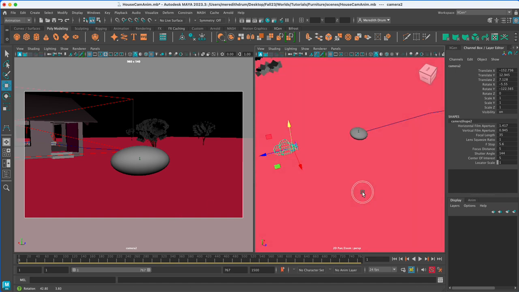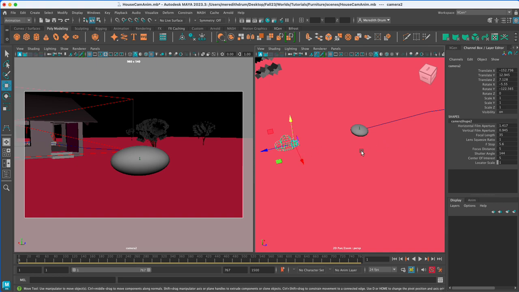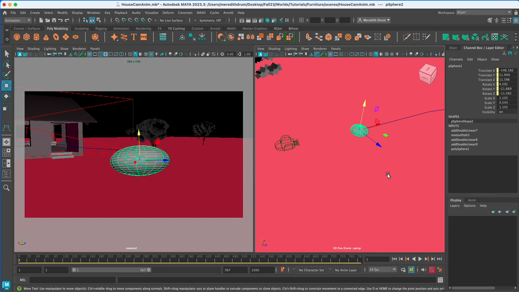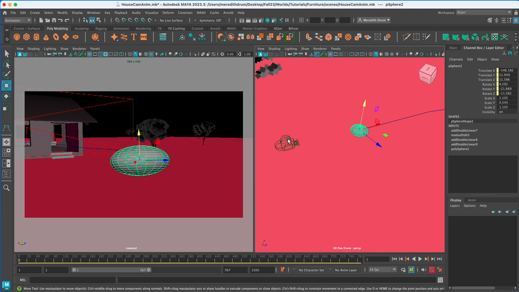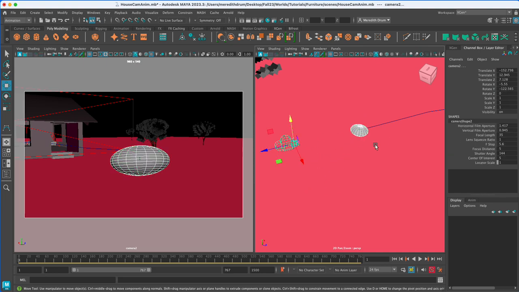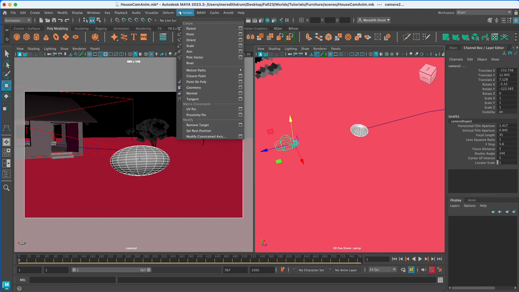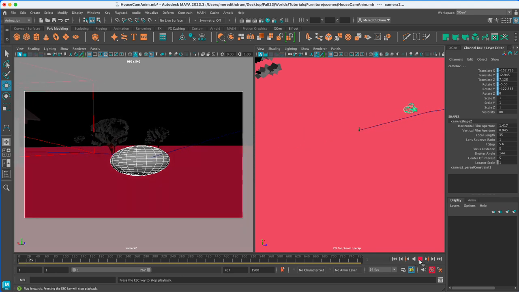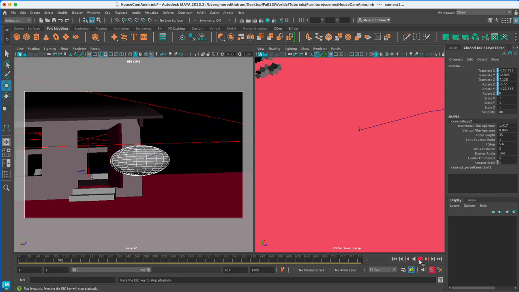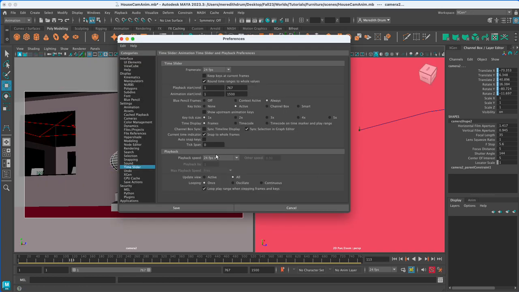Then what we need to do is parent the camera to the rock. In this case, we choose the parent first, which is the rock, or a frisbee, and the child second. That's how parenting works. We're going to use the parent constraint, and like I just said, choose the parent first, the child second. Sometimes it's the other way around, but in this case it is parent first, child second. Go up to the top for Constrain, Parent, and now you should have the camera following this frisbee. Again, if your timeline's not updating, you can go to update view all, cancel.